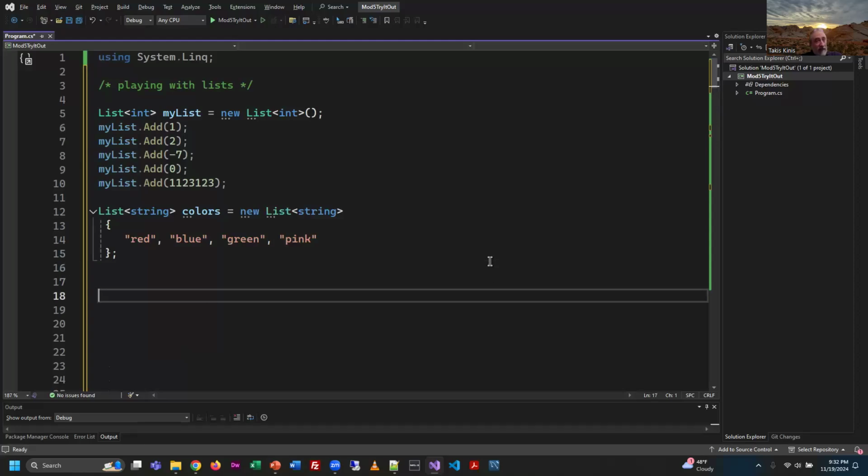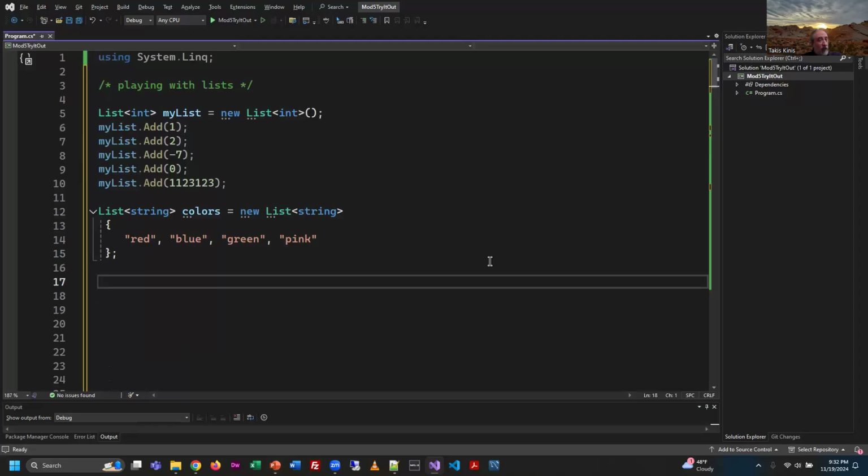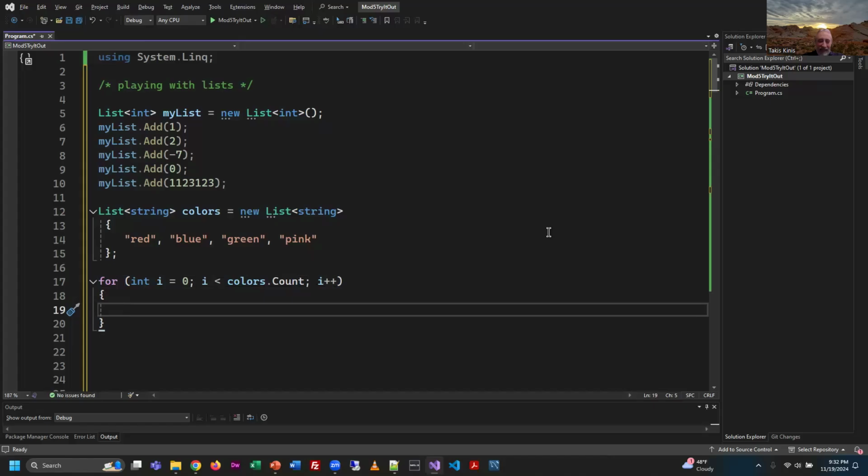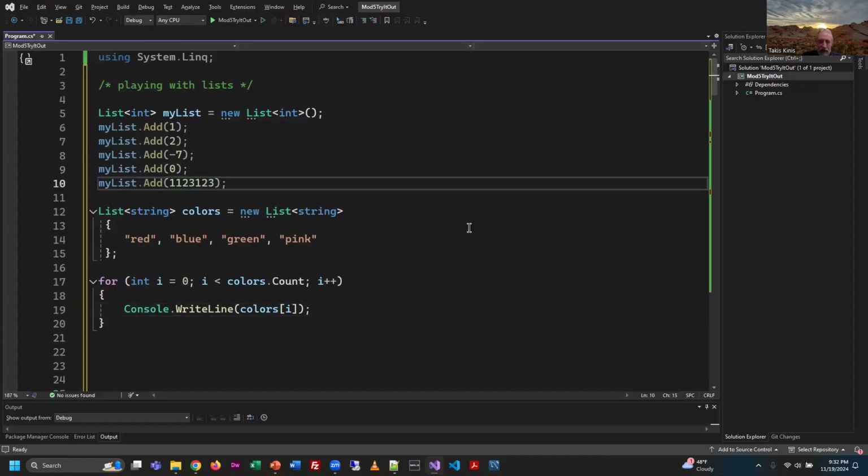And then let's go through the process of trying to output the contents. So we could try to do it selectively, or we could do it in a loop. And I think a loop kind of makes sense. Let's do a loop. So for int i equals 0, let's do the color ones first, since it's automatically going to that. And then let's just do a Console.WriteLine. All right, we'll do that. So maybe for this list up here,